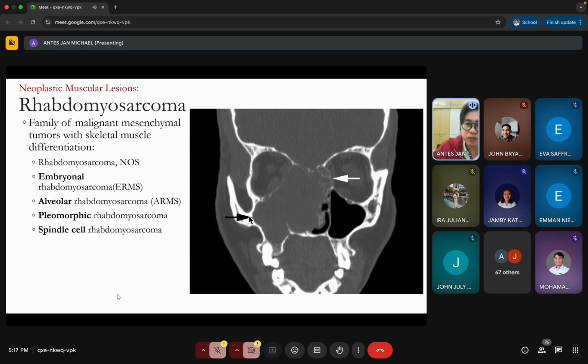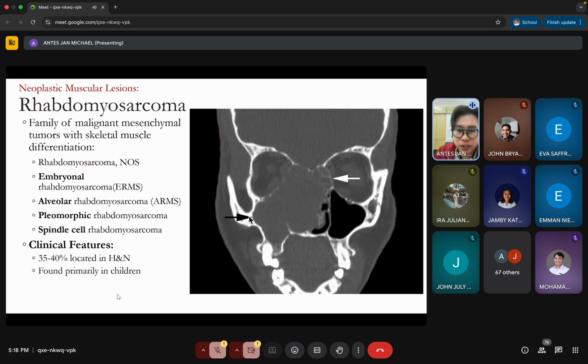And also we can explain to patients that if you have this certain subtype, then we will expect that this is your corresponding prognosis. Okay. So the clinical features is that 35 to 40% is located in the head and neck, because there are lots of skeletal muscles that are seen in the head and neck. So there are lots of areas that could be a possible location for rhabdomyosarcoma.